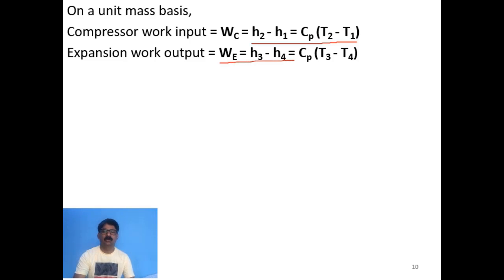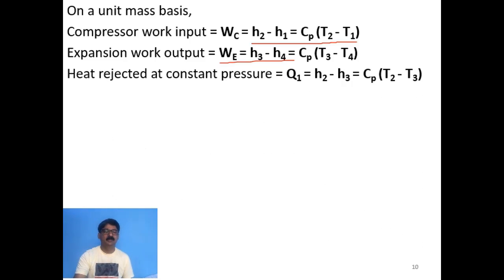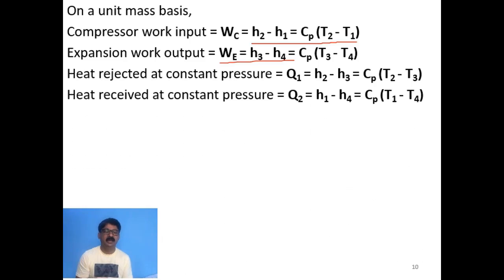You can go back in the video, slide back to see the previous slide. Okay, so 3 to 4 is the expansion, so H3 minus H4 is the expander work output, which is nothing but Cp into T3 minus T4. Similarly, heat rejected at constant pressure Q1, that is the amount of heat rejected to the surroundings, is H2 minus H3, which is nothing but Cp into T2 minus T3, and the amount of heat received at low temperature from the low temperature space, Q2, is H1 minus H4, which is also equal to Cp into T1 minus T4. That means for the Brayton cycle,